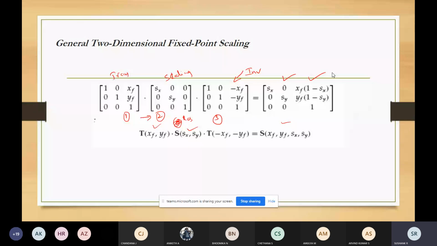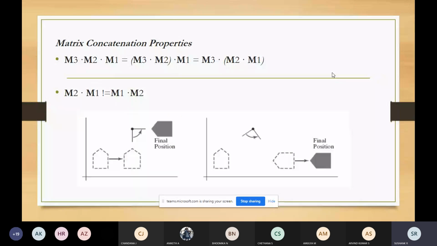You can verify that. I've performed the multiplication of this matrix and I've got the output. So you just try it out. Once all the concepts are done, if you have time, we will solve this multiplication also, or else I'll just take the image of whatever matrices I've solved and display it on the slide. So now this is regarding rotation about a pivot point and rotation about the fixed point.